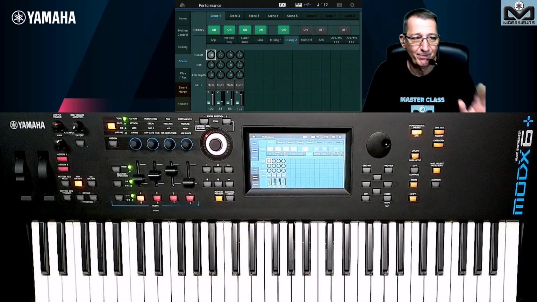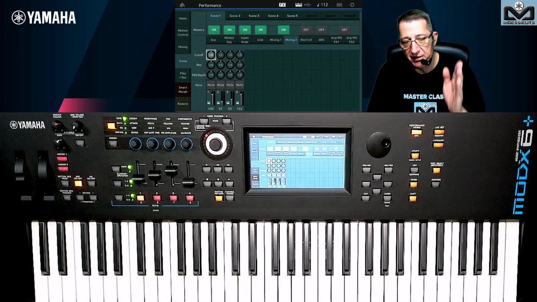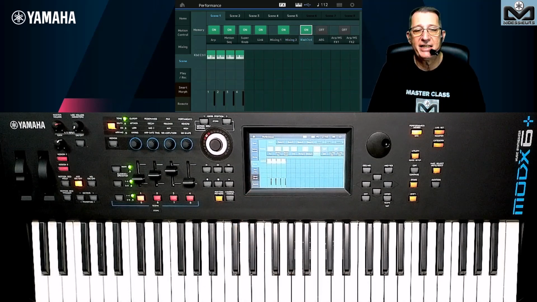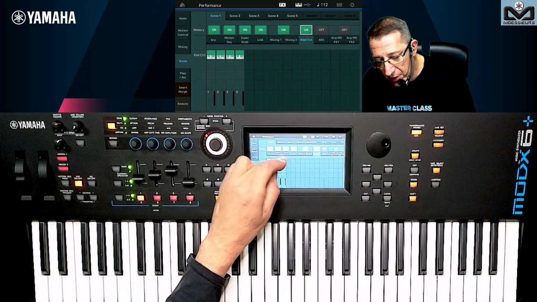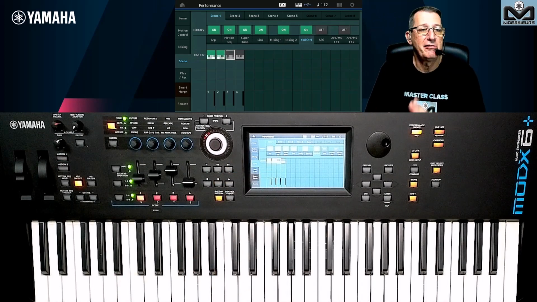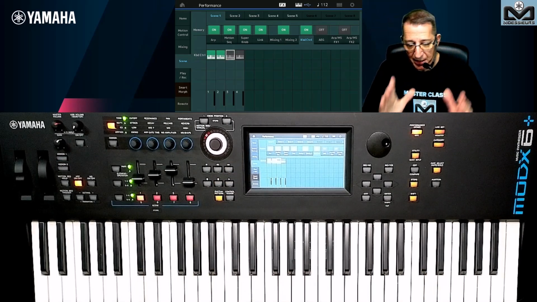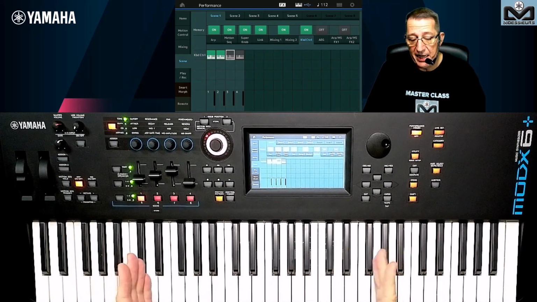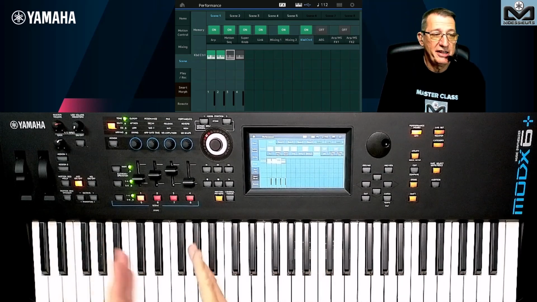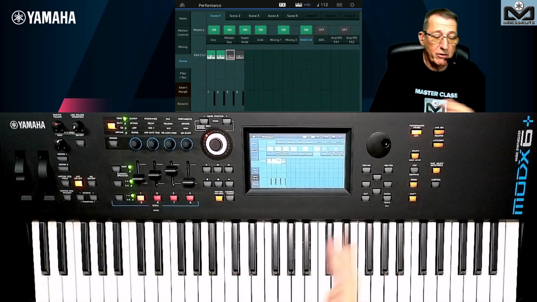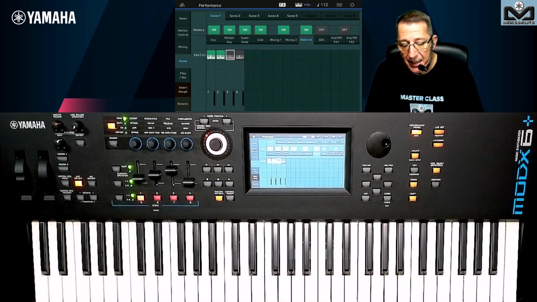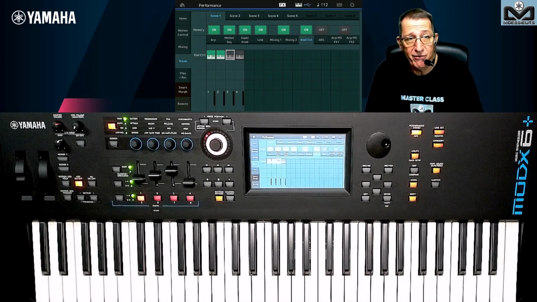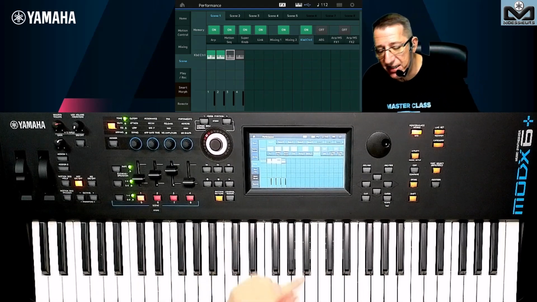You can manage the mute, but remember the mute cuts the sound directly. So to change the sound, I really prefer to work with the keyboard control, because the keyboard control gives seamless sound switching from one performance to another. You can manage here with the keyboard control the 8 parts you want to play, and have 2 for scene 1, 2 others for scene 2, and a mix of the 2 on scene 3. With the keyboard control you can change it. There is no sound cutting, so it's very great and nice to use the keyboard control for this.